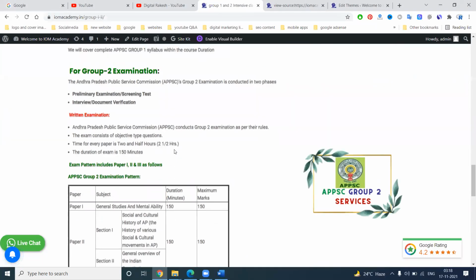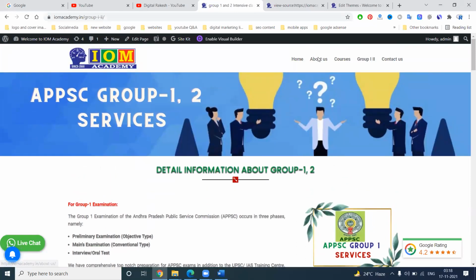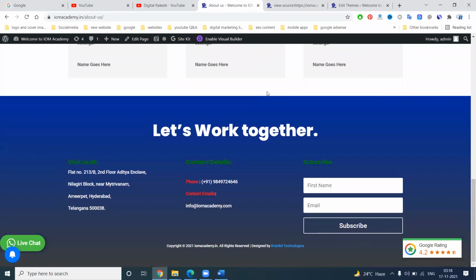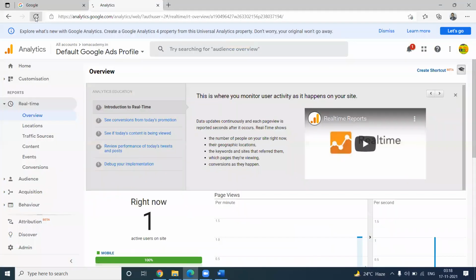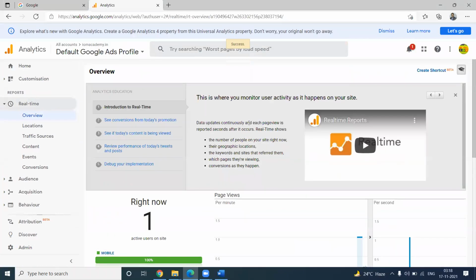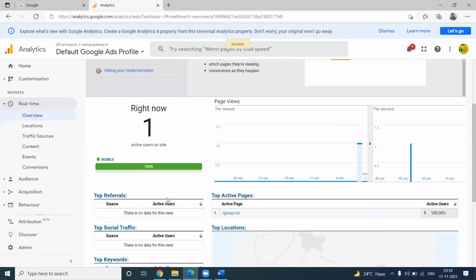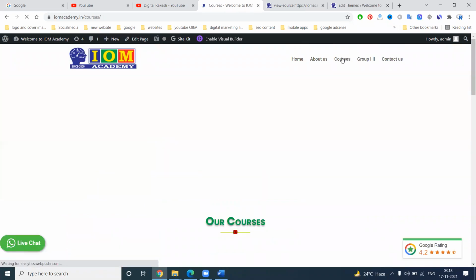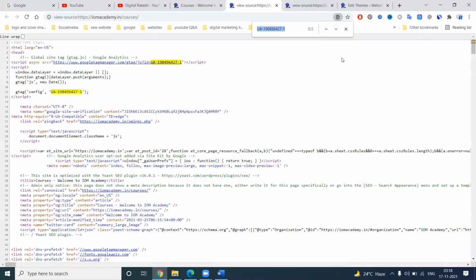After this, we can go to this particular About page. Select this feature. You can check it out. Refresh. It shows the location, and the traffic coming from mobile and desktop. Everything you can check from here also. So we can spend some time. First of all, check with Control U, Control F. Yes, the code is available on each and every page.